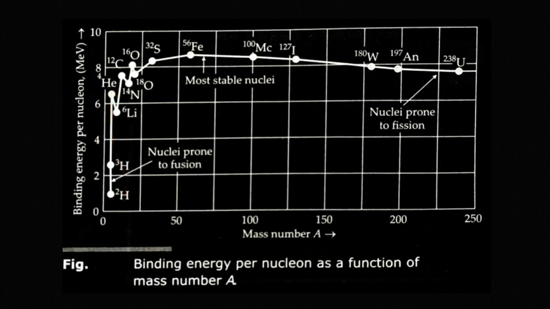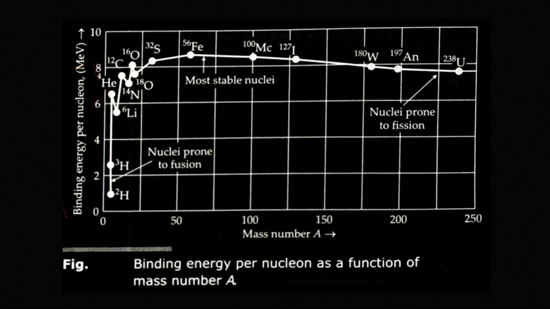This is because we want to compare the binding energy for different elements such as deuterium, tritium, lithium, helium, nitrogen, carbon, oxygen, sulfur, iron, and so on. So this graph shows us the plot of the binding energy versus the mass number. Now why is this binding energy important? The value of the binding energy per nucleon.